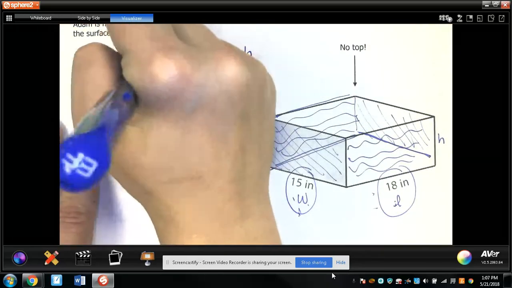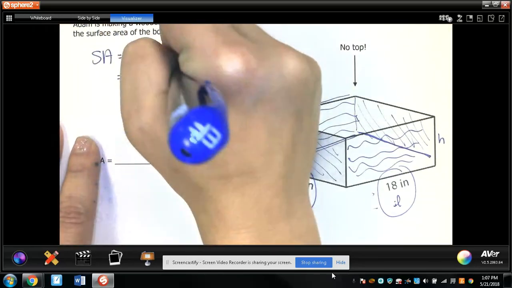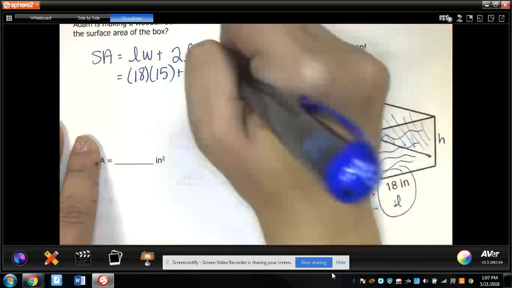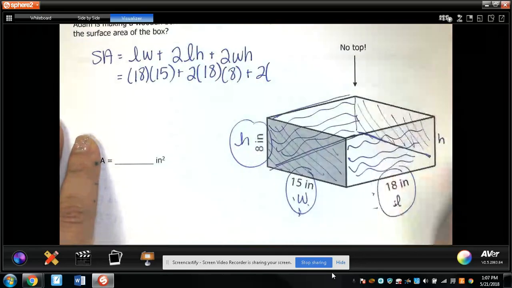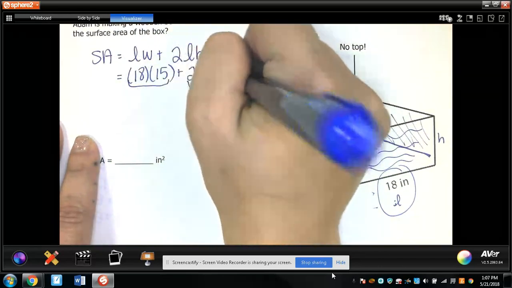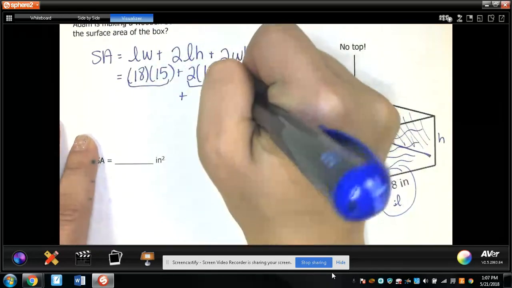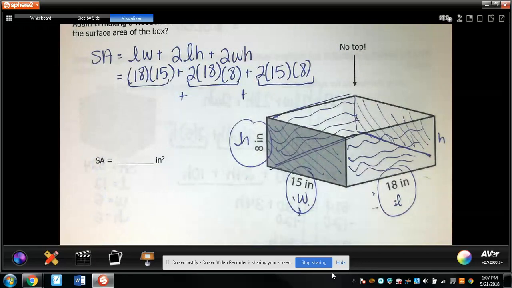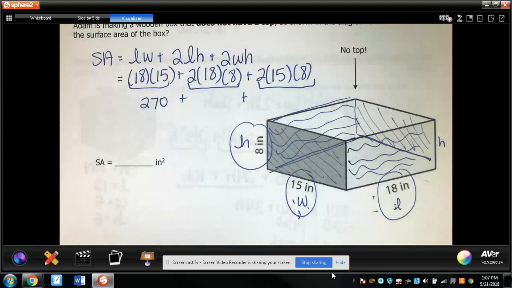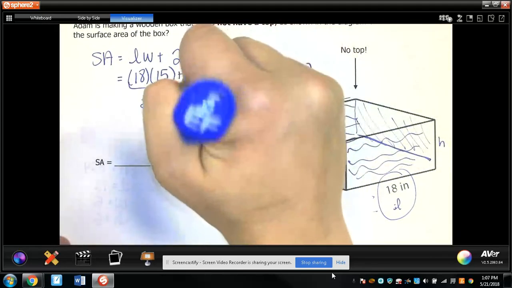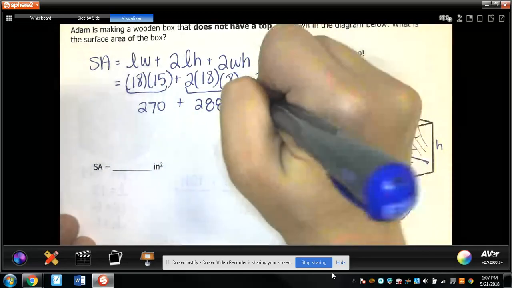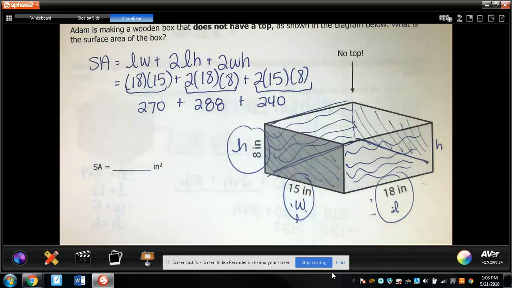So I'm going to plug in what I know. So I have 18 times 15 plus 2 times 18 times 8 plus 2 times 15 times 8. I'm going to multiply, multiply, multiply. So let's see. 18 times 15 is 270. 2 times 18 times 8 is 288. 2 times 15 times 8 is 240. Add these together,